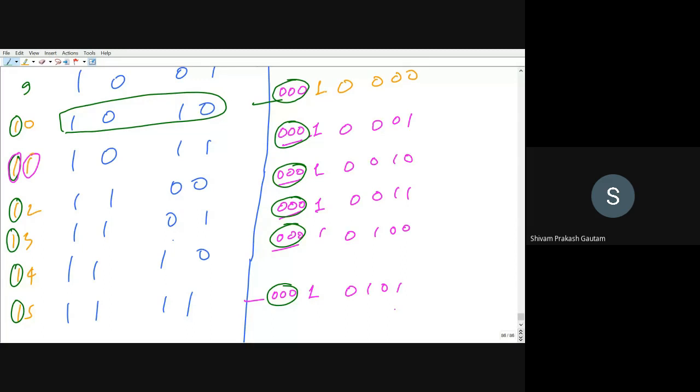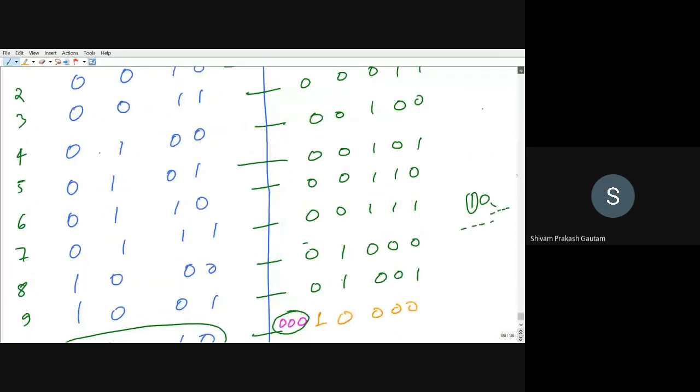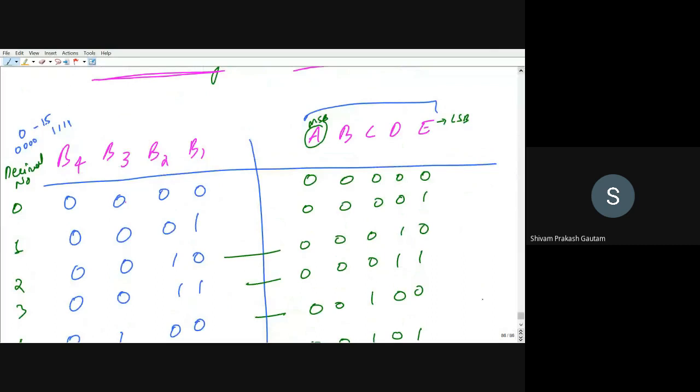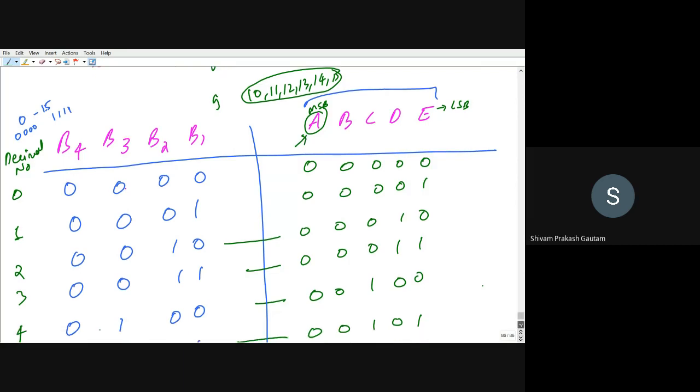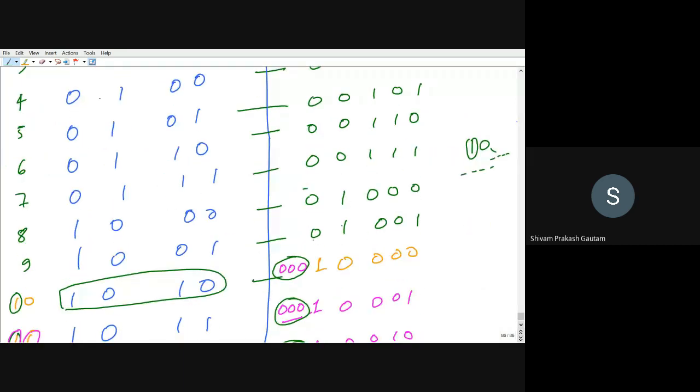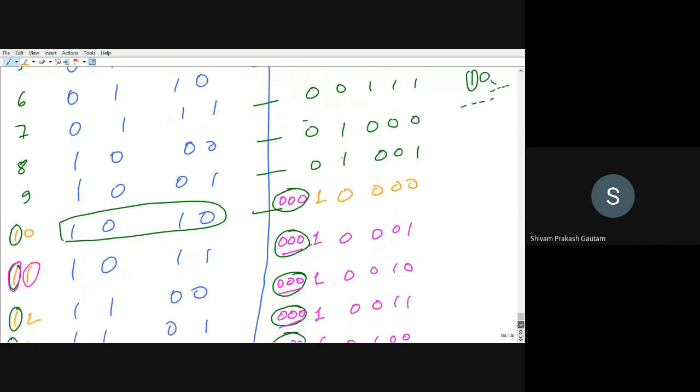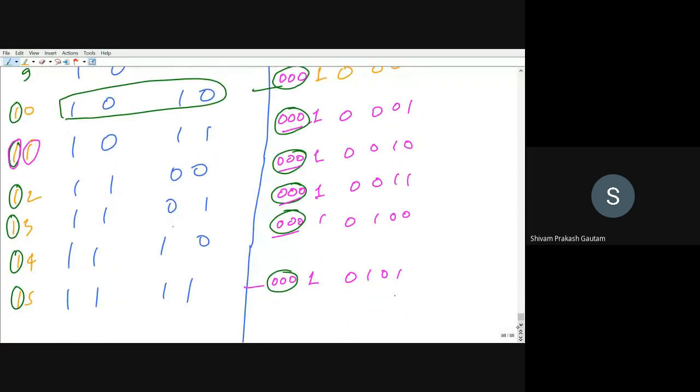So that is why I have taken the 5th digit as well, to represent the binary number which is greater than 9, right? For representing 10, 11, 12, 13, 14, and 15, we will be requiring 1 extra bit. That is why I have included the A bit here. Till 9, the A bit is 0, and from 10 onwards, it has become 1. Is it clear?